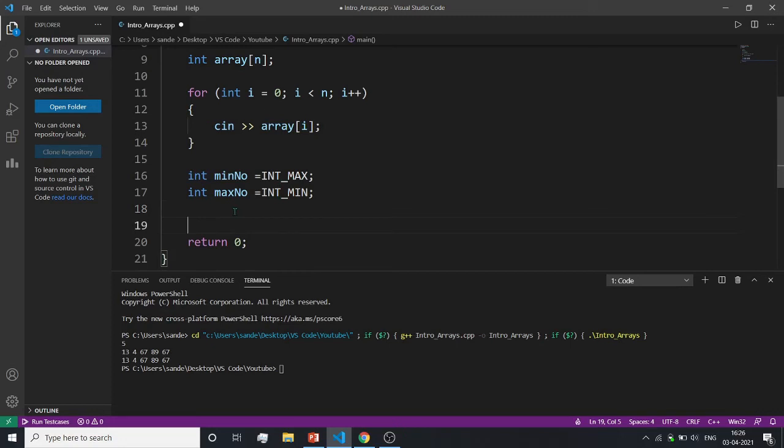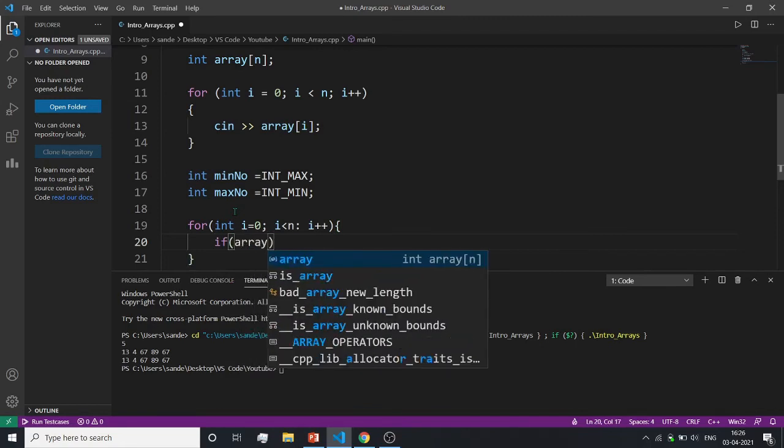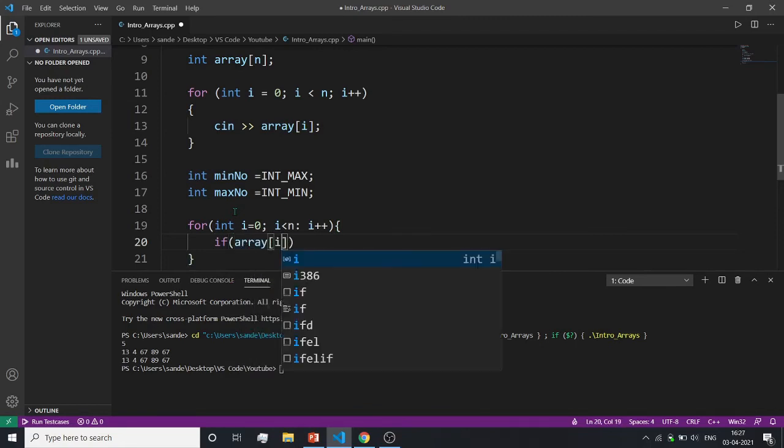So now what we will do, we will use a for loop: int i equals 0, up to n, i plus plus. Now see, if array of i is greater than max number, here it is max number.